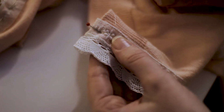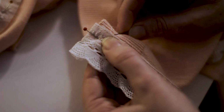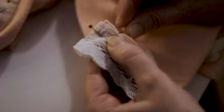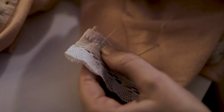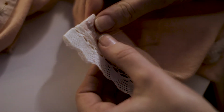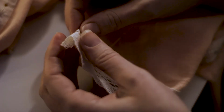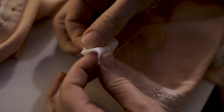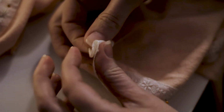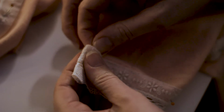When you're near the bottom of the cardigan, you want to just keep going and making sure that you catch the same line of the knitted pattern so that you don't end up with a wobbly piece of lace, but it's quite obvious because the knitted line is just a straight line. And again, you want to fold the lace back on itself, and you're going to put this down against the bottom of your lace, ensuring that the bottom of the lace meets the bottom of the cardigan,